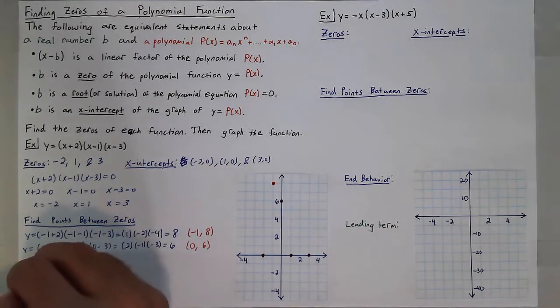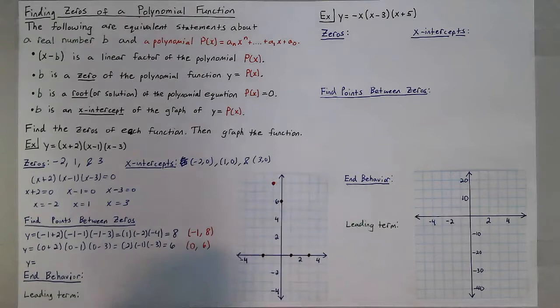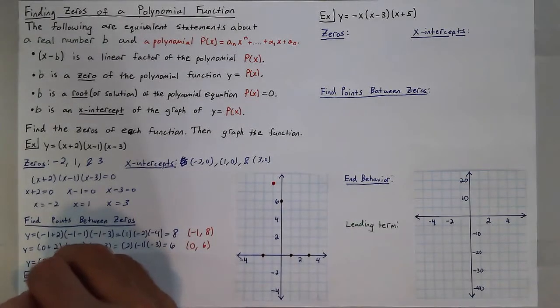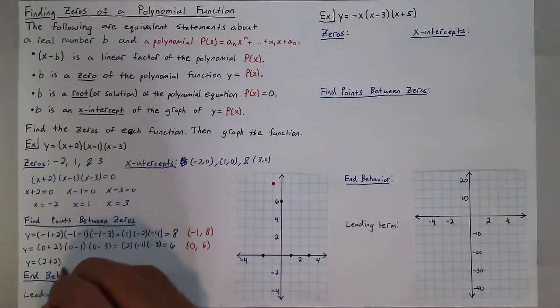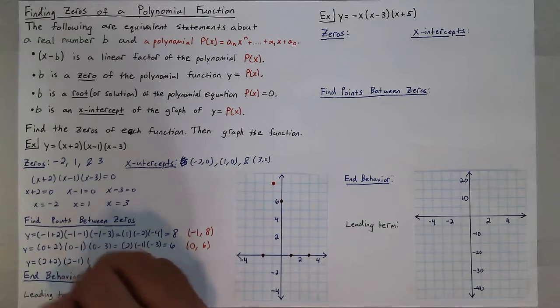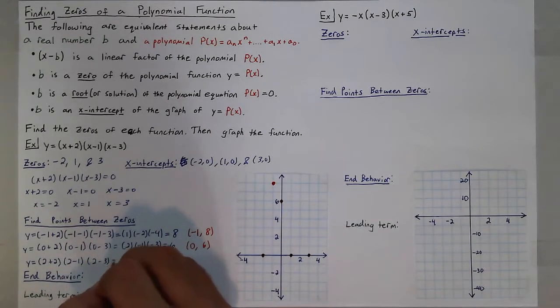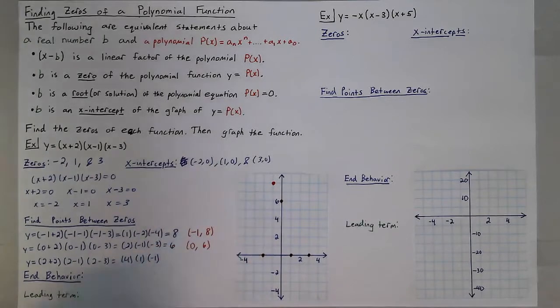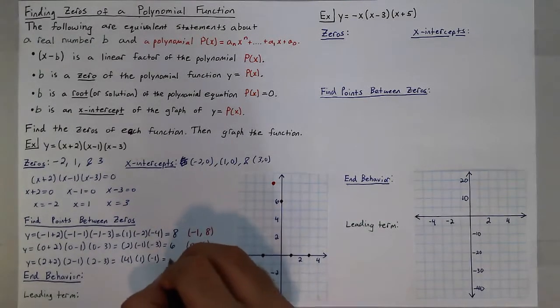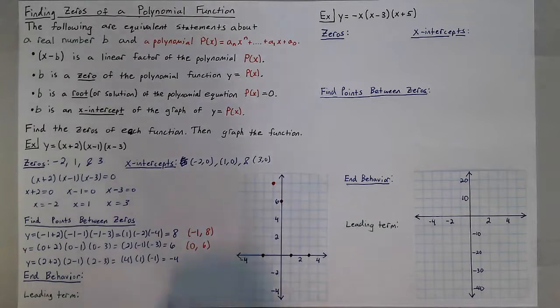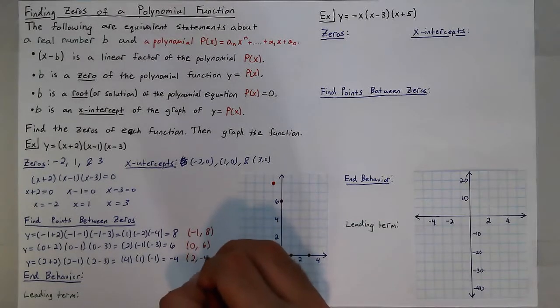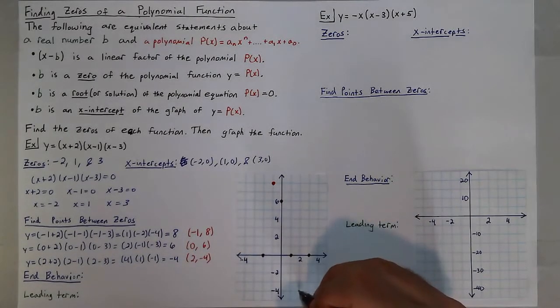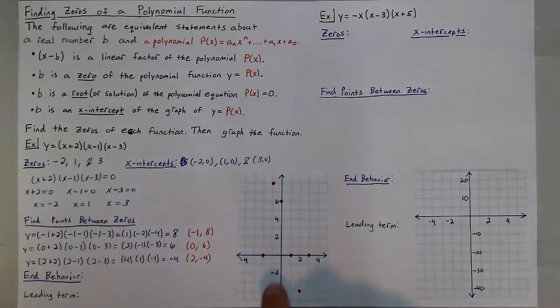Now I'll try out 2. I already know what happens at 1. So we have 2 plus 2 times 2 minus 1 times 2 minus 3, which gives me 4 times 1 times negative 1. So it ends up giving me just negative 4. So another point is 2, negative 4. Now I can see all the points to go through, but to really understand exactly how it's going to look,